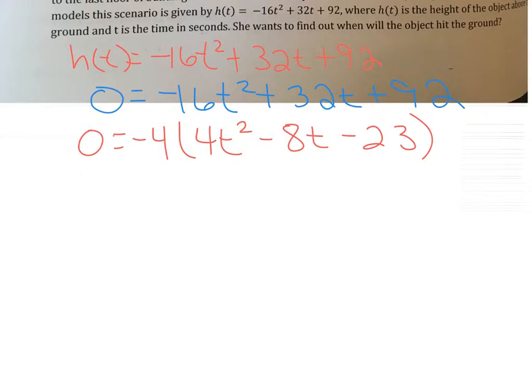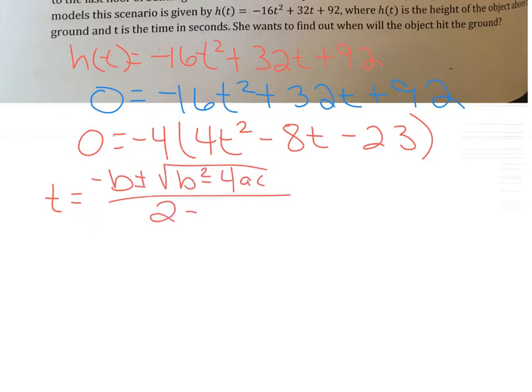So let's write our quadratic formula. We're going to be solving for t this time. -b plus minus the square root of b squared minus 4ac over 2a. A is 4, b is -8, c is -23. And we're going to substitute these into the formula,